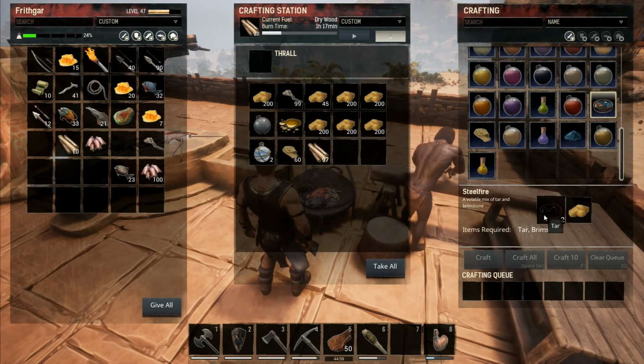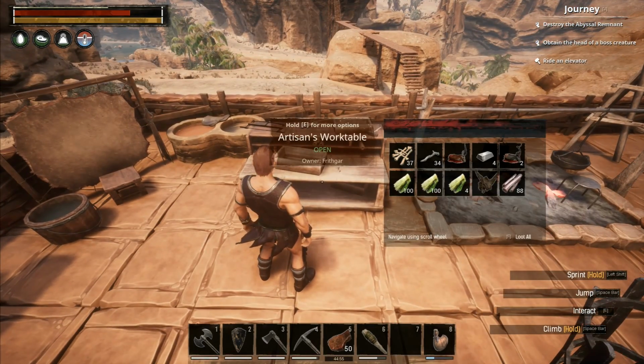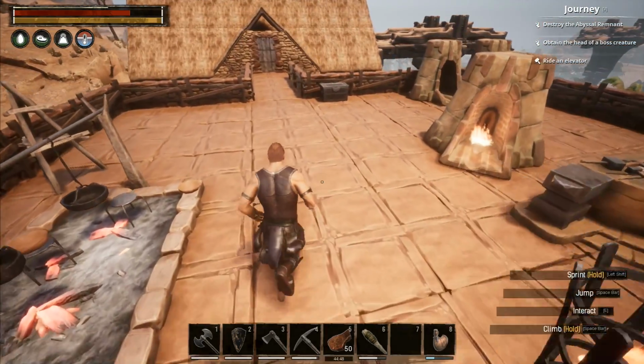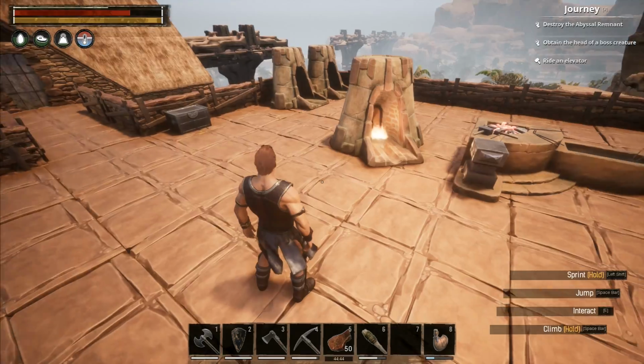Steel fire. Yeah, that takes 2 tar. So I need lots and lots of tar. And I mean loads of tar. That's skins. I need skins for that. Right, well, the well... We're not doing the well today. We're not making that one today. So let's go back to...